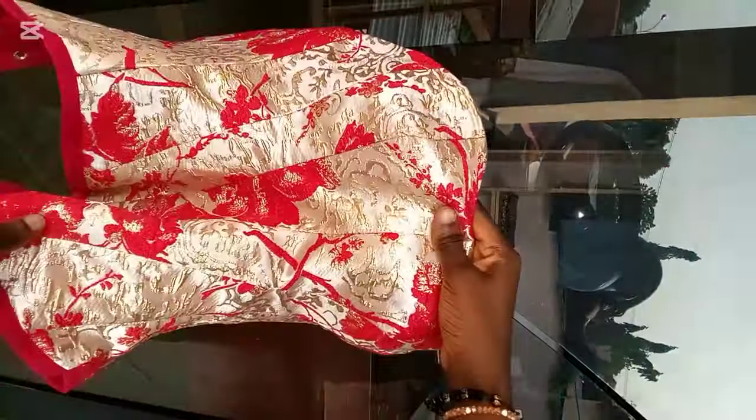My name is Tekla, and in today's tutorial you'll be learning how to achieve this beautiful Victorian corset on your